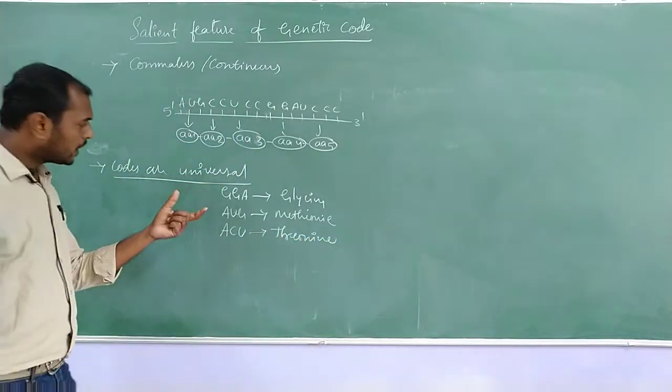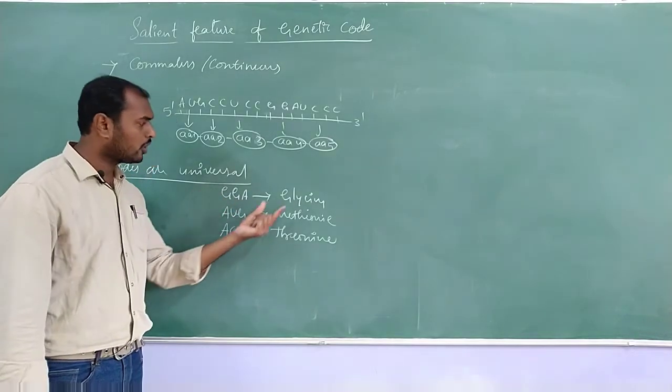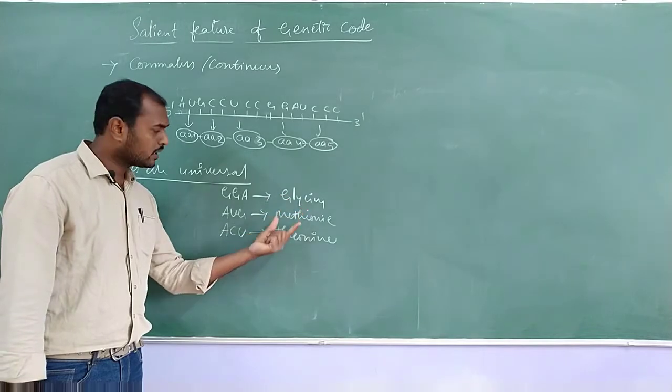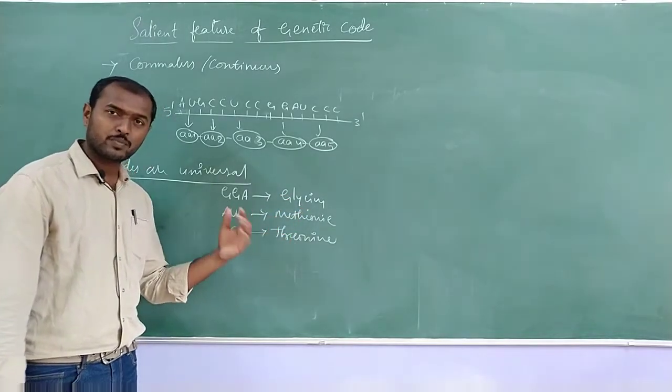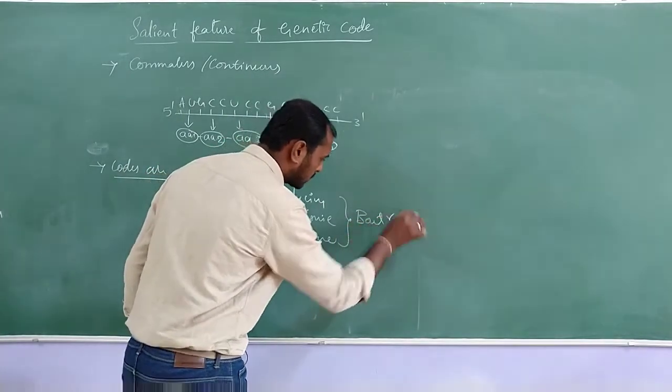So if GGA, AUG and ACU are going to code glycine, methionine and threonine respectively in bacteria,